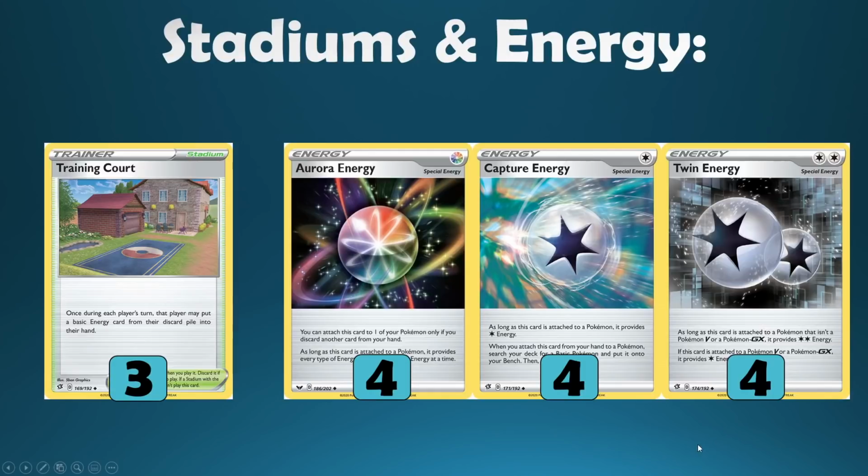Next up for stadiums and energy, ultimately there's a lot of energies and stadiums which are type specific. So really the sort of universal ones that I think about picking up are few and far between. The only real stadium I think is worthwhile right now that can go into a plethora of decks would be Training Court. I think out the gates, I've seen it a lot in Frostmoth variants throughout the standard format, but I do foresee Training Court having a place in a number of different archetypes, actually looking towards the Chilling